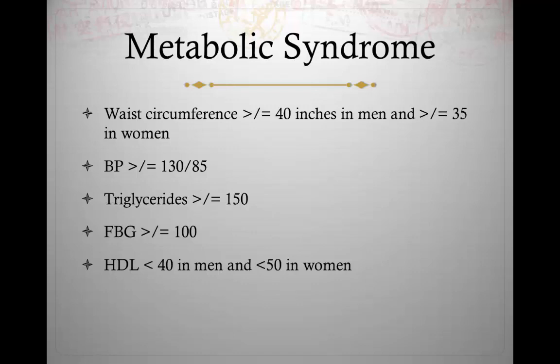They would have abnormal fasting glucose level, as well as dyslipidemia. So there is excess fat in the abdomen, particularly at the level of the waist and hip ratio. Patients would have a waist circumference more than 40 inches in men and more than 35 inches in women. And having this factor is one of the criteria for